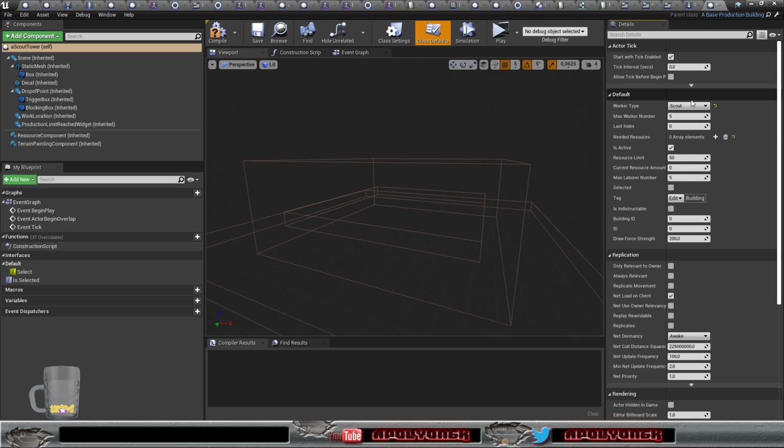Has its worker type scouts. We don't have a minimum number of those. Let's set this to, we need to send out a lot of scouts, so they need to